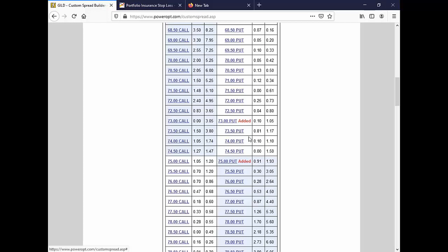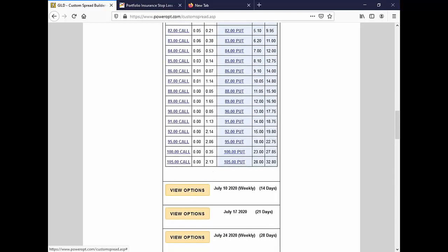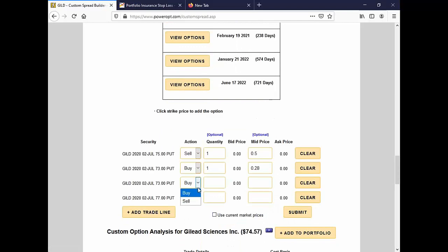All right, so 73 there, 77 there. I'm going to sell to close my long put, and I'm going to buy to open. These prices are weird. Sorry about that. Buy to open the 77. Okay? So with one swing,